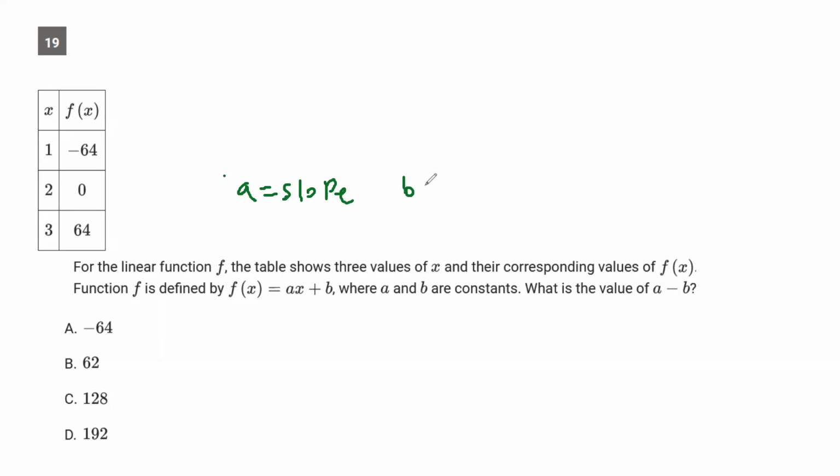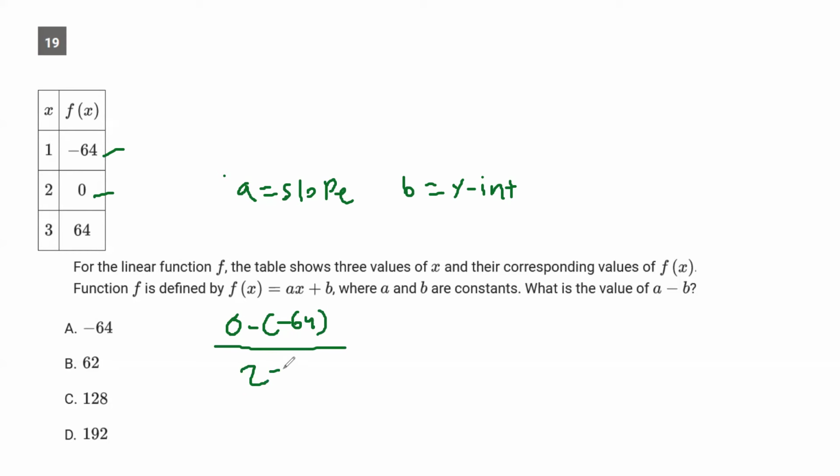B equals y-intercept. So to find the slope, I'll do these values and these values, right? So we'll do 0 minus parentheses -64 over